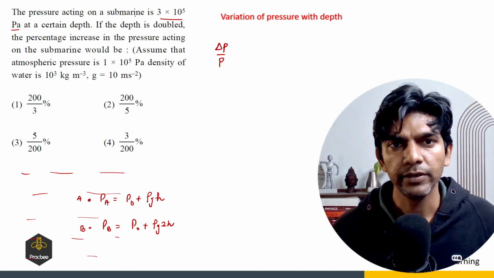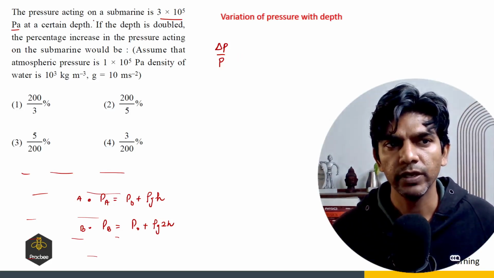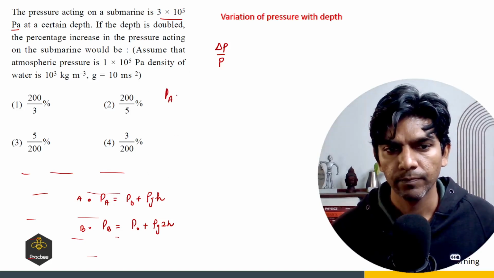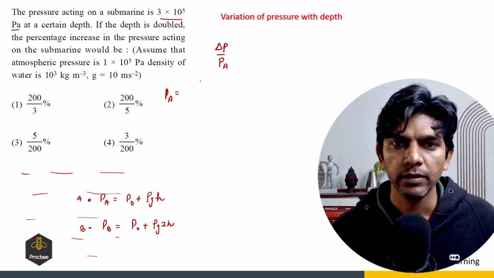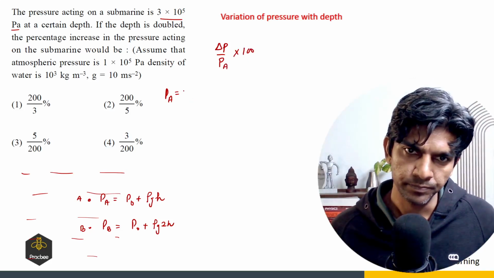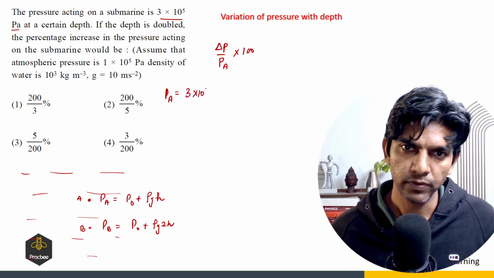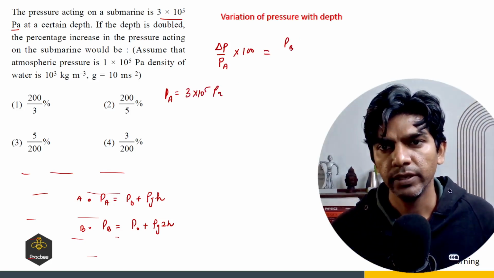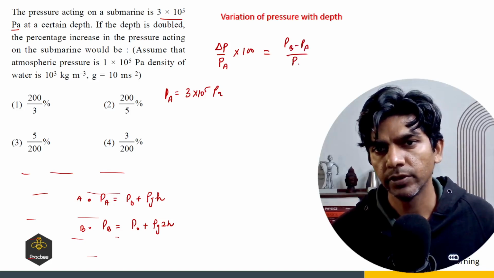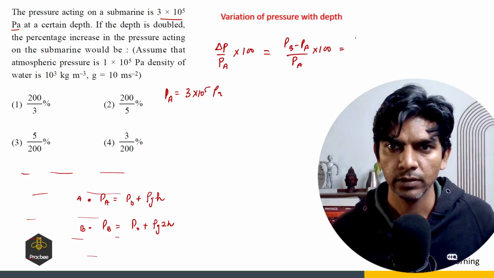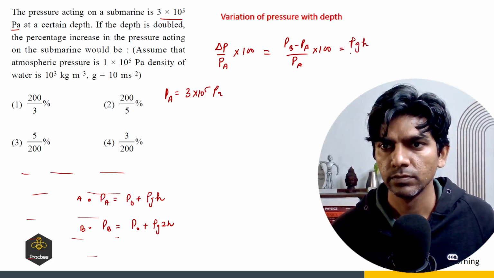The pressure acting on the submarine is 3 into 10 raised to 5 at a certain depth, where P A is given, and this will be divided by P, right, into 100. So that will be the percentage increase in the pressure. P A is 3 into 10 raised to power 5 Pascal. So this can be written as pressure at B minus pressure at A divided by pressure at A times 100. The difference will be, so P naught will get cancelled out, so that will be nothing but rho gh